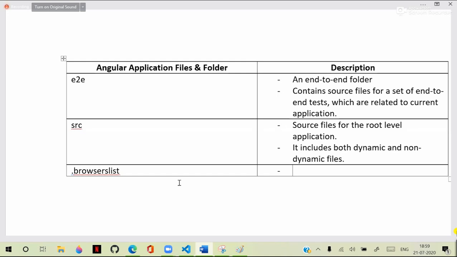So all such information is defined inside this browser list. That means our developer can set up for any specific browser. We can target any specific browser. We can exclude any particular browser, because what we design may not suit every browser. That means this is the configuration